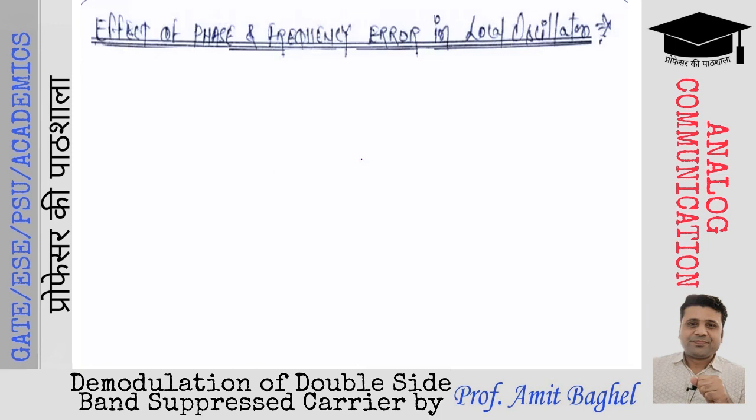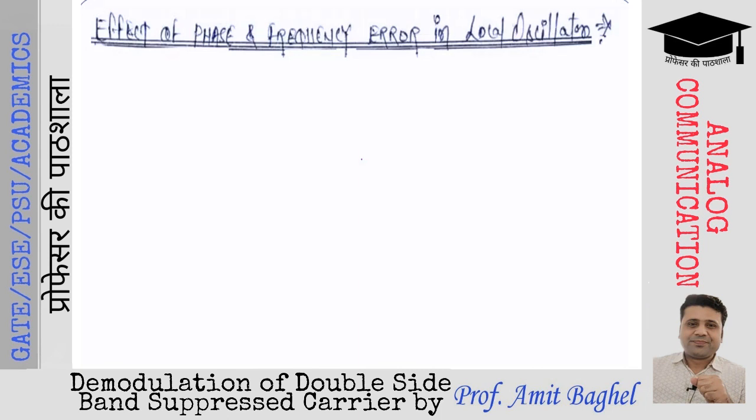That means the carrier frequency fc on the transmitter side, the same frequency needs to be generated by the local oscillator at the receiver side. It is not necessary that the local oscillator generates the exact frequency at the receiver side. So there may be a possibility of error in the generation of the carrier signal at the receiver side with the help of the local oscillator. Local oscillator may insert or produce some error, and the next topic is to understand the effect of those errors which are being generated at the local oscillator at the receiver side.